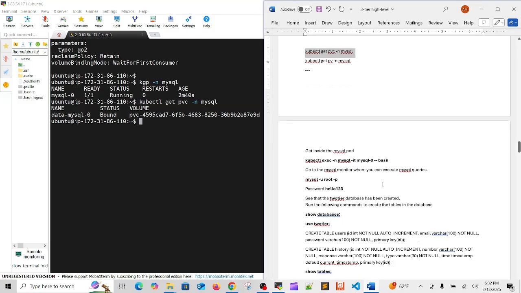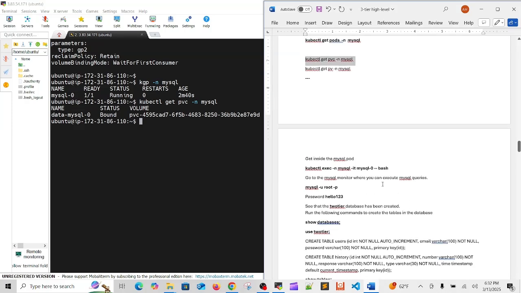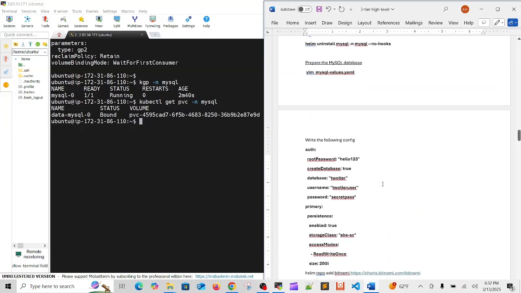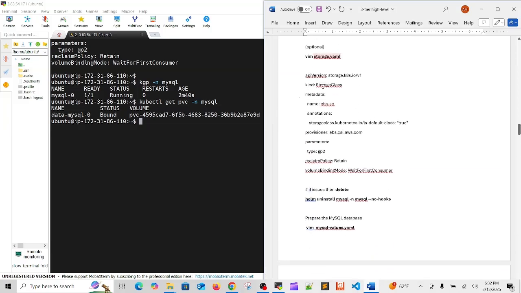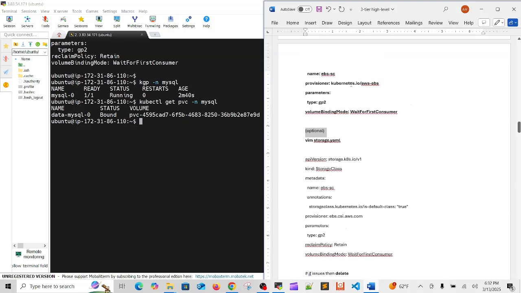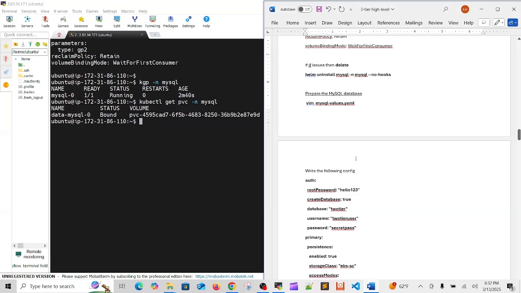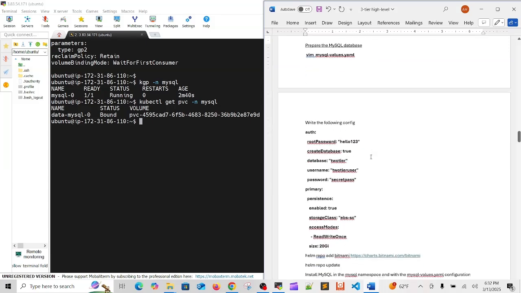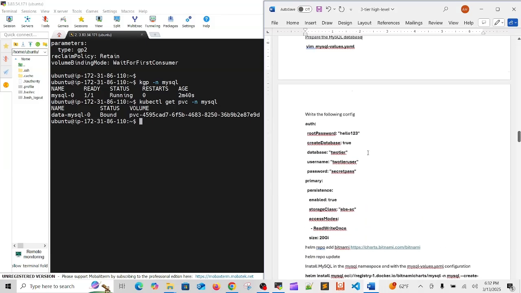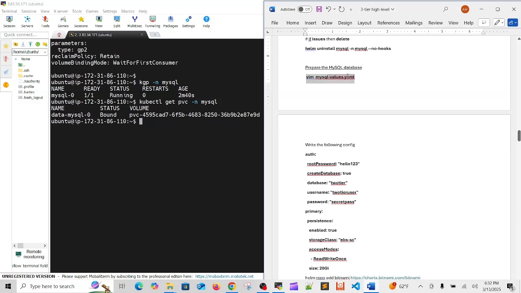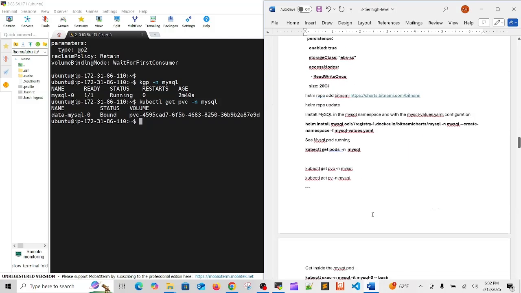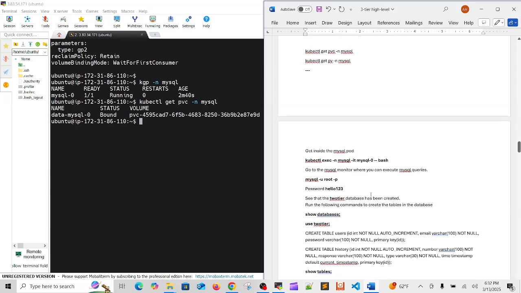So always do the troubleshoot, because we don't know which problem is coming. So I have given also the option here. If this is not working, then you have to come here. So before that you have to do uninstall, only if issues are coming. If not, then just go ahead with mysql-values. Okay, now next step,